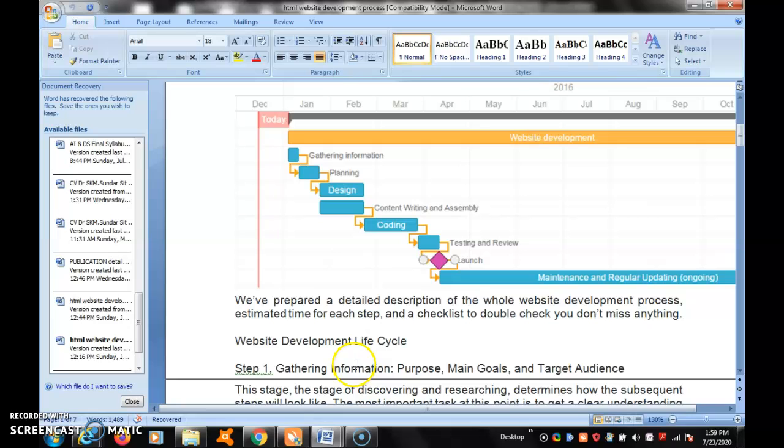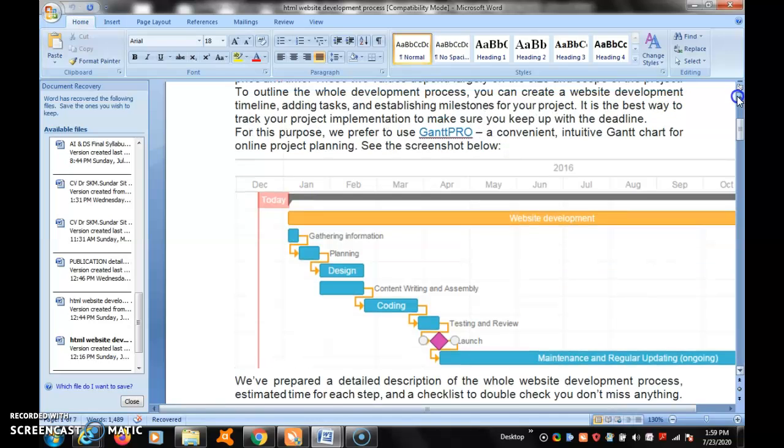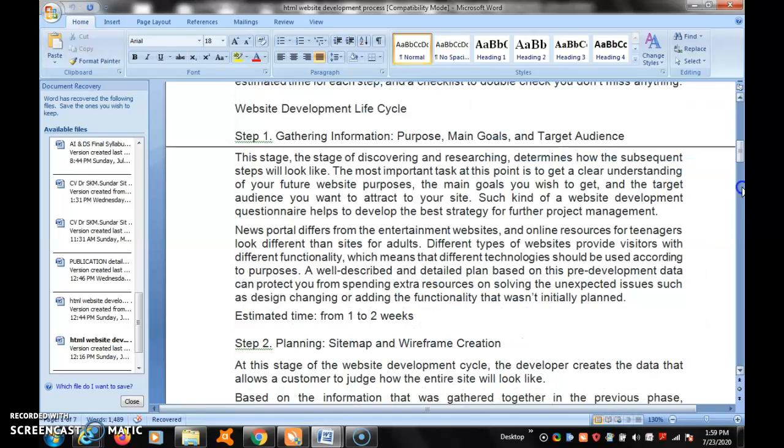Web development lifecycle, gathering information. Gathering information means, from a research point of view, you can collect the information. So in the website lifecycle, gathering information covers the purpose, main goal and target audience. This stage involves discovering and researching and determining how the subsequent steps will look.